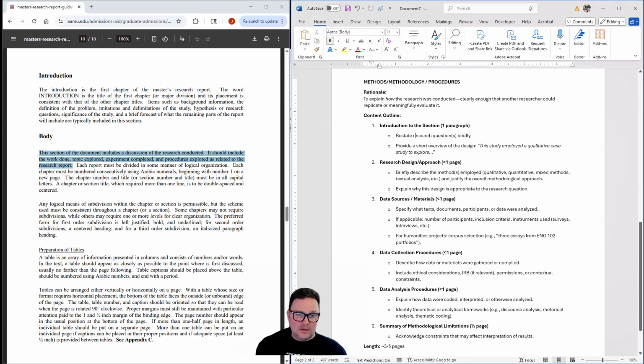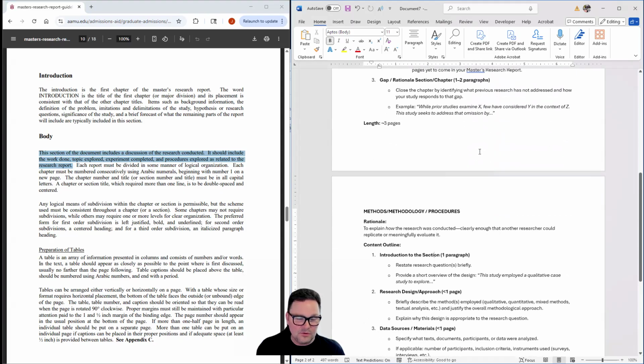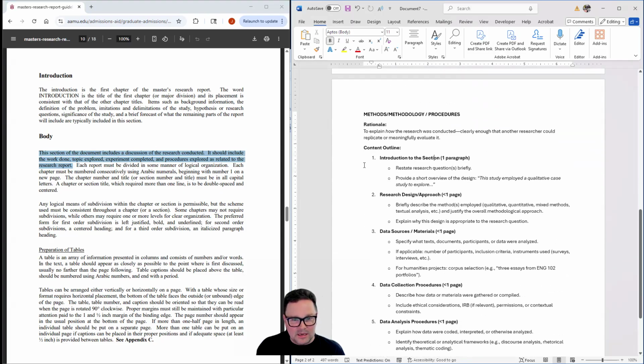So what does this look like? Again, we'll briefly introduce this part by restating your research. This is coming on the heels of both the introduction and this sort of quasi-lit review. After doing that, let's restate the question so we can recenter and refocus everything. And in the context of that research question, we'll provide a brief overview. This study or my research or this project